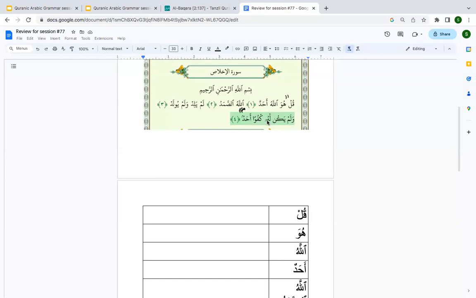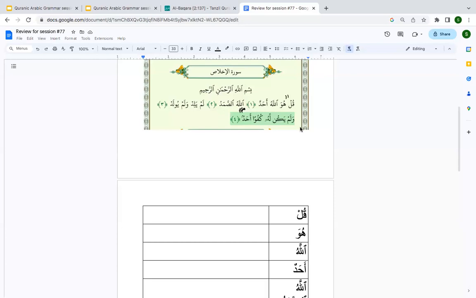So now just see, you do not have any action in yakun. Is this part clear or no? When there is no action, you just label your sentence like jumla ismiya. It's going to act just like Laysa. It will behave like Laysa. And then you will label it just like Laysa, because now it's Jumla Ismiya, because it is incomplete. It does not have an action. Because of absence of action, it became incomplete, and therefore you are going to treat it like Jumla Ismiya, and you're going to call lahu